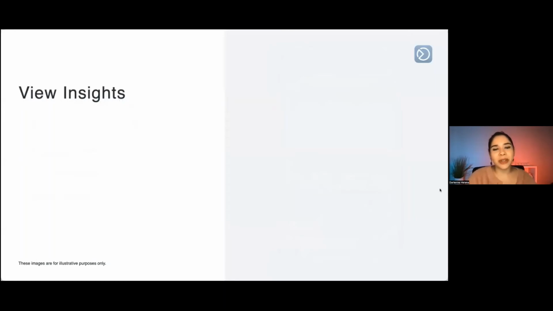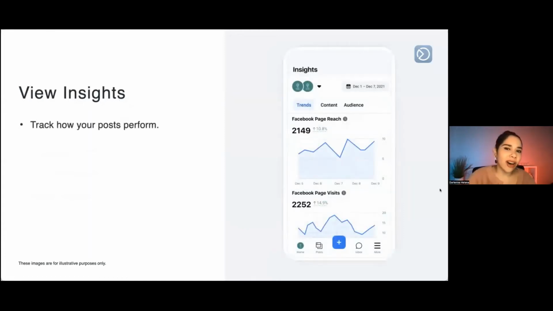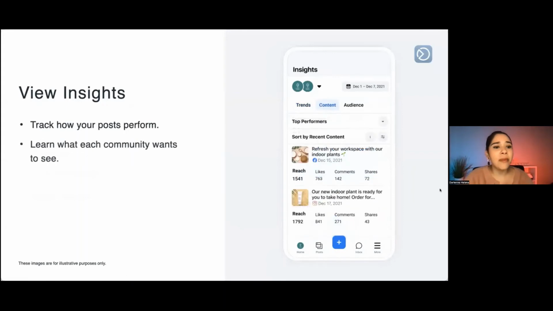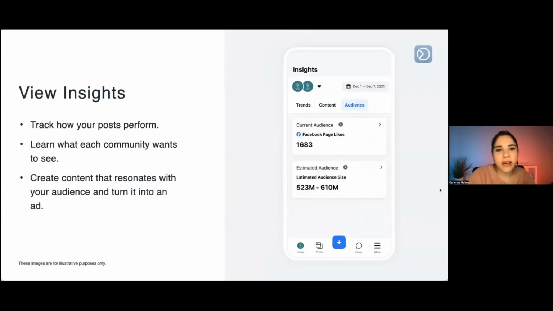Your insights are really your best friends when it comes to growing your Instagram or Facebook presence. Your insights tell you what your audience is thinking about your content. We know how many people are seeing our content and how many of them are interacting with it. So over time, we learn to see what our audience wants to see from us. We can make our decisions for content variations and content styles based on what the community is telling us by